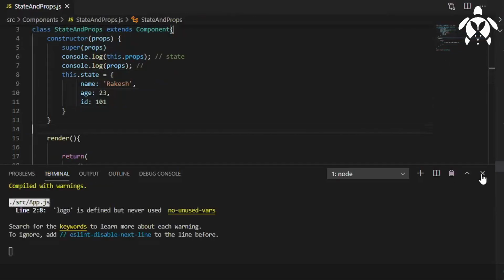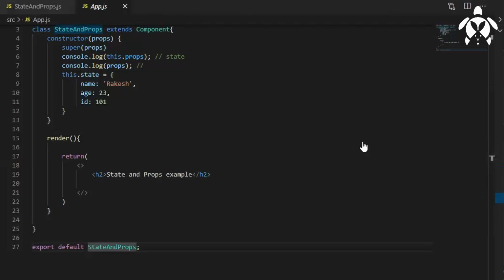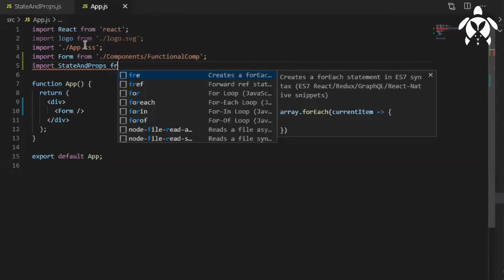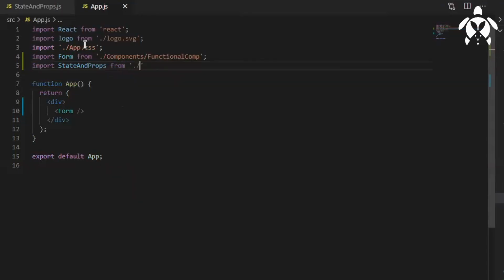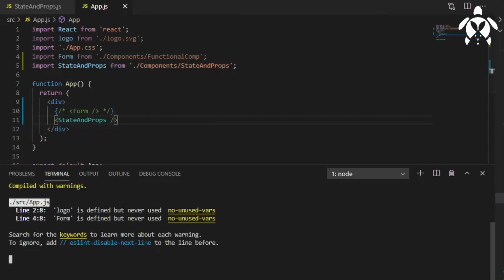For this to work, we need to render it, no? So what we'll do is state and props. We'll go to the App.js file. See, this is how a comment looks in React. File successfully.